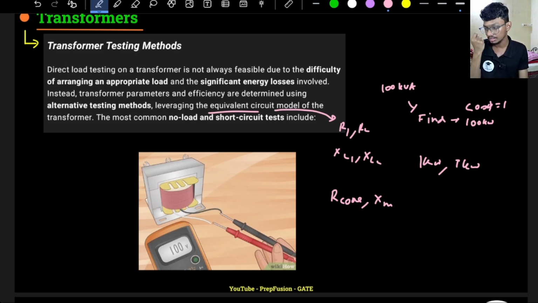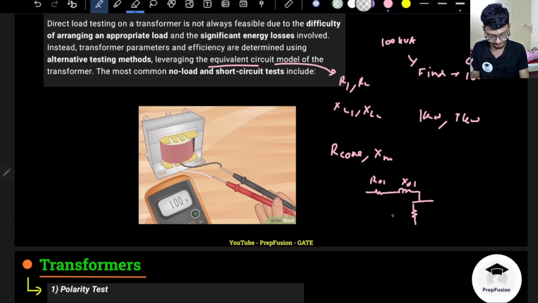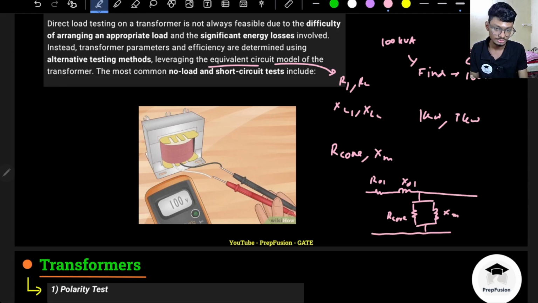If I know the parameters of this circuit, I will easily be able to